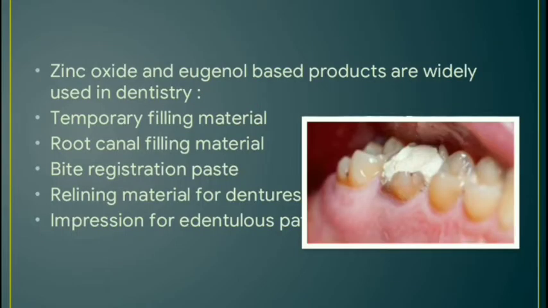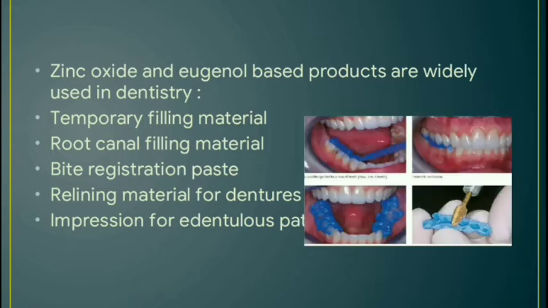Zinc oxide and eugenol based products are widely used in dentistry and temporary filling materials. If there is a cavity in the tooth, a temporary filling material can be placed into this space, and it is to restore damaged tooth. This temporary filling has to be replaced with a permanent one. And zinc oxide eugenol based products are also used in the root canal filling material,